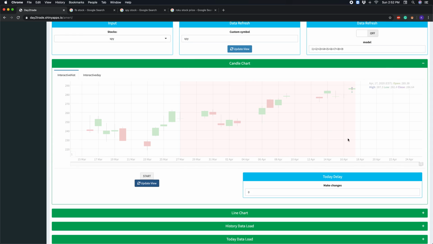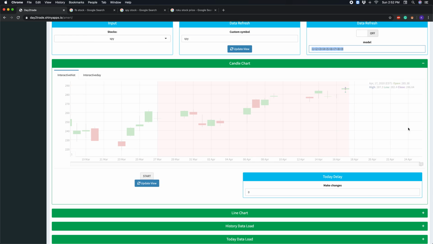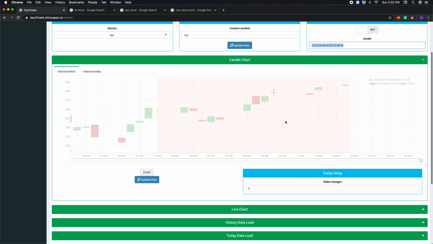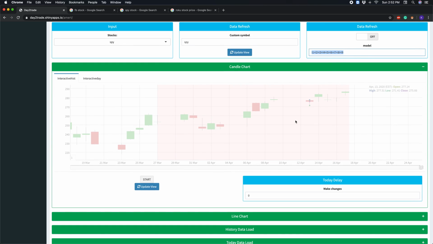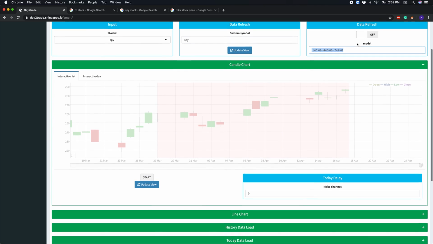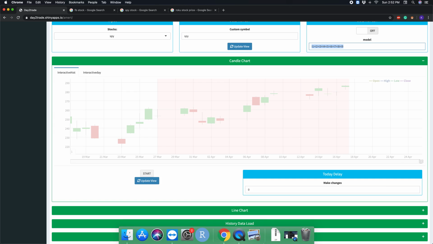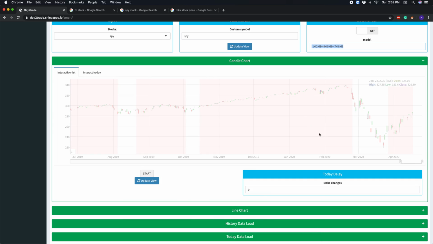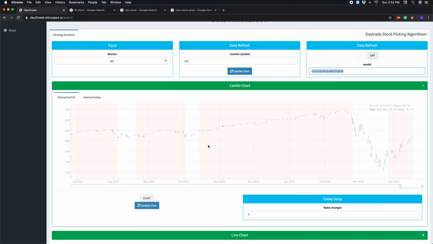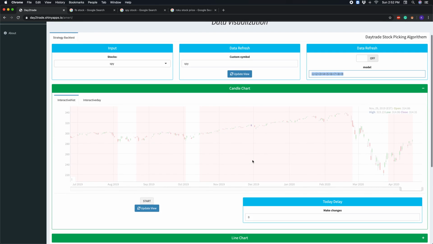So see here, the pink line started on May 27, and it has not officially ended, we are still in the trade, at April 17th for SPY, which is having default strategy 1 2 3 4 5 6. It's a default strategy, but I don't know whether we picked the default strategy or we picked something from the model. I will be refreshing the strategy from time to time in my system, but historical charts we don't refresh, but daily charts we refresh the strategy.